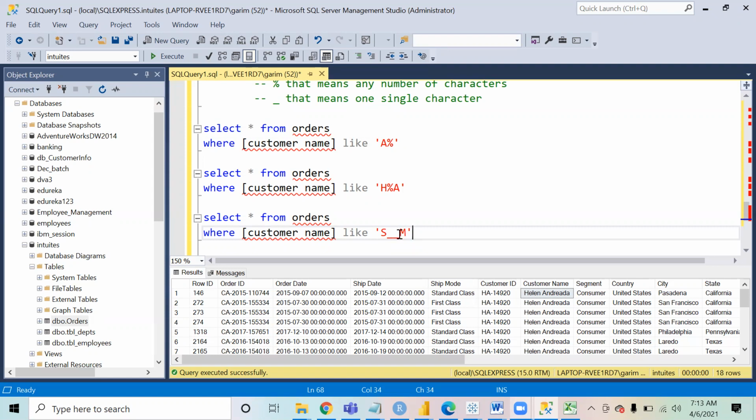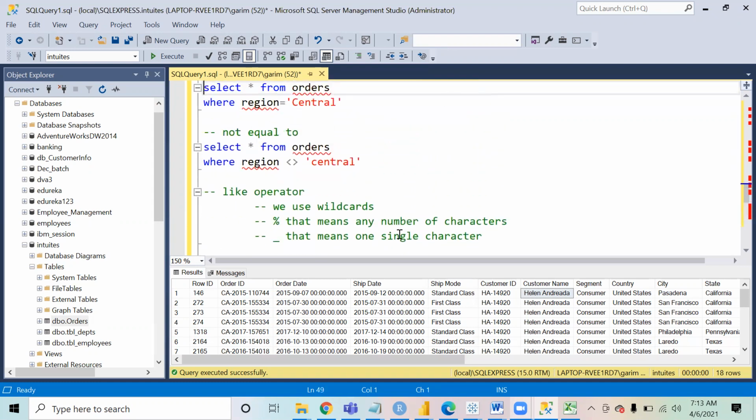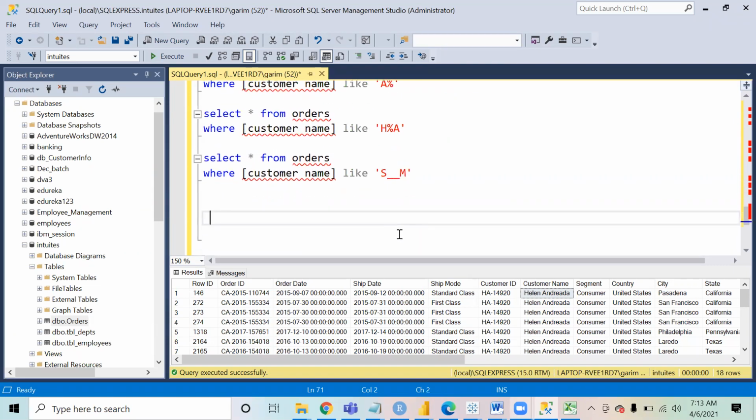And then after this, these are the different operators: greater than, equal to, less than, equal to, which are straightforward. Then we have the comparison operators or logical operators. Logical operators are used when you have to check more than one condition.